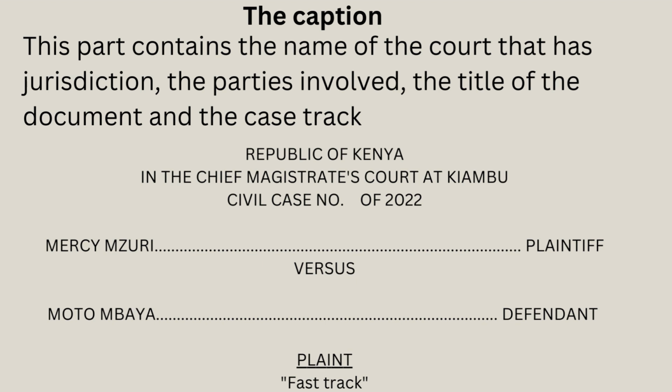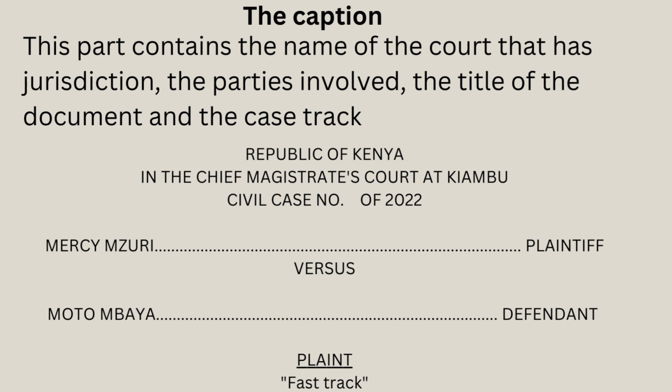Okay. So this document is a plaint, so that's why we have written plaint. There are the parties, there's the plaintiff, and there's the defendant. Then there's the case track. A case track is determined by whether,